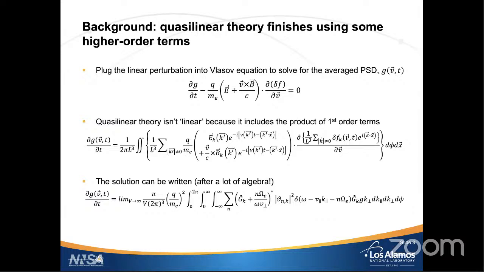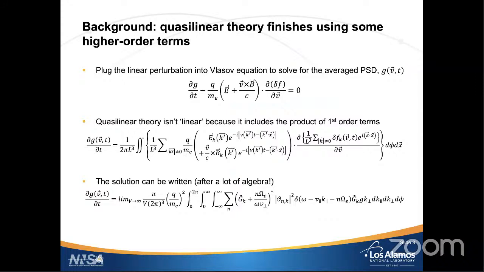The reason that the quasi-linear theory isn't linear, but rather quasi-linear, is because it allows some second-order terms. That is, the product of two first-order terms to contribute. This is seen in the center equation on the slide, where we see the product of the first-order terms due to the electromagnetic waves and the phase space density. Since the product terms inside the parentheses will depend on both space and on phi, the component of velocity in the gyrophase direction, but the ultimate solution doesn't depend on these variables, we simply average over space and phi to